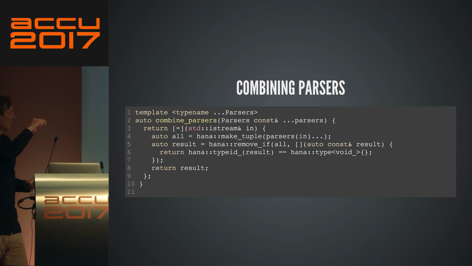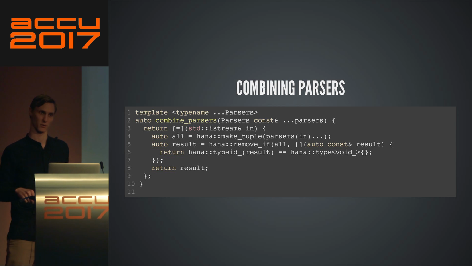Then I say from these results remove all of them that are void underscore. So remove all of them that I don't care about. This is where I implement the dropping of the result of the literal parsers from the result set.